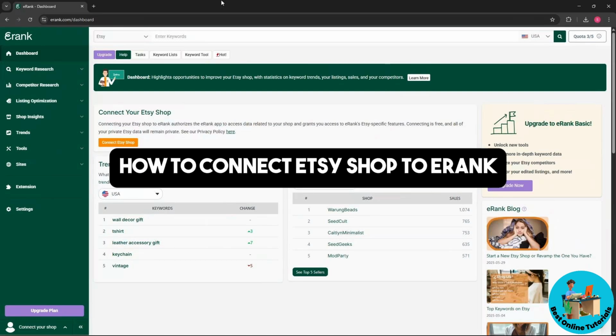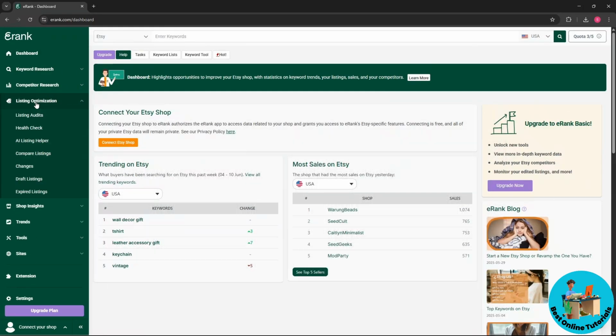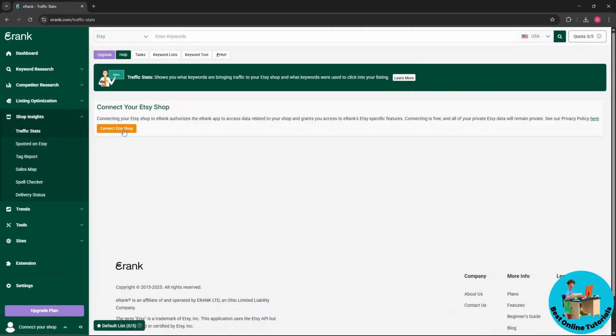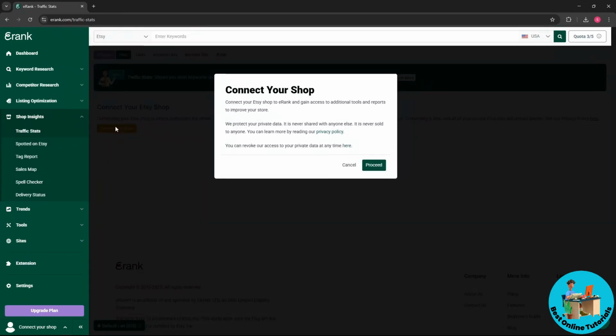This is how to connect Etsy shop to eRank. So guys, first thing that you will do is simply go for the shop insights over here and just simply select any of these. And as you can see, it will redirect you to this tab which you need to connect your Etsy shop. So from here, just simply select connect Etsy shop, and from here a pop-up window will